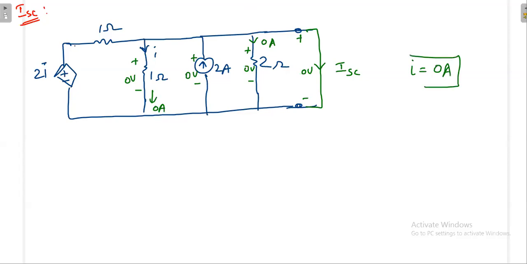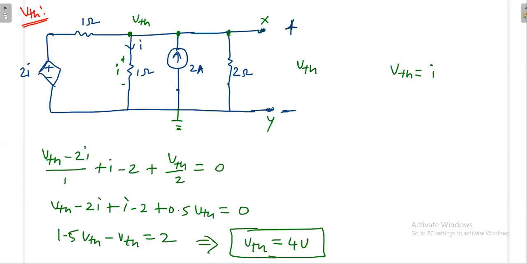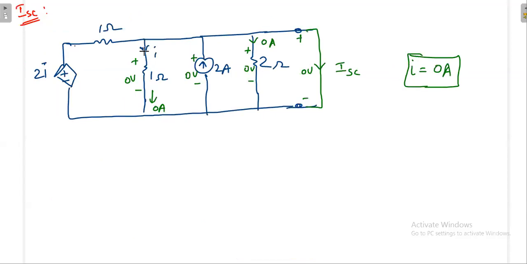Please do not get confused with the previous I and this I. It will vary based on the circuit condition, whether you are doing short or open, whether you are connecting any load. Based on that, everything will vary. Then I also will vary. Please do not worry about I. As it is, you proceed. It may be 0 or non-zero. Now you got I is equal to 0.